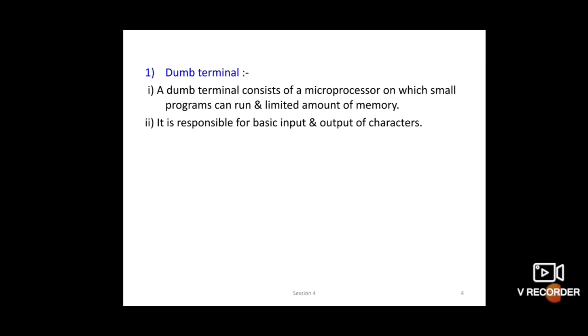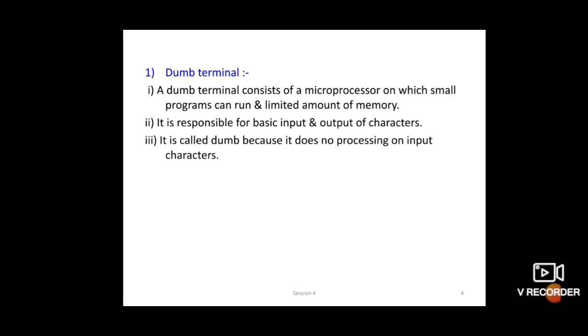Just like typing, just like display. It is a basic input output process; execution does not happen on this dumb terminal. It cannot process any type of data. So only typing or display is possible. It is called dumb because it does no processing on input characters.